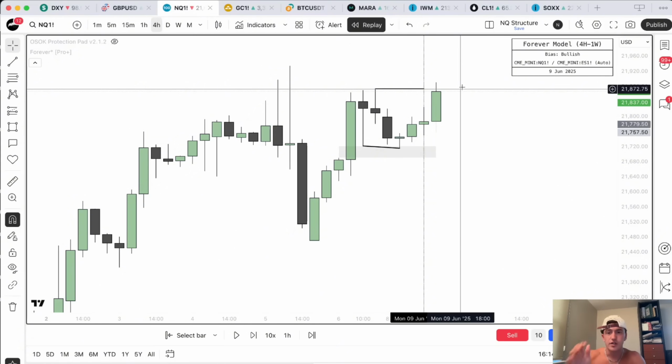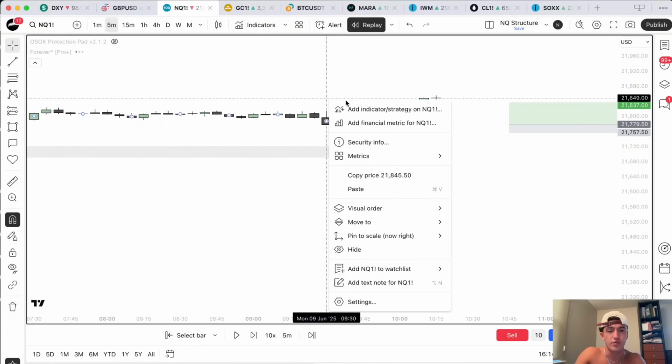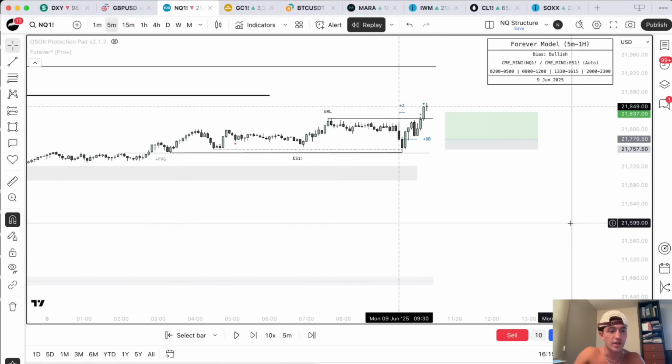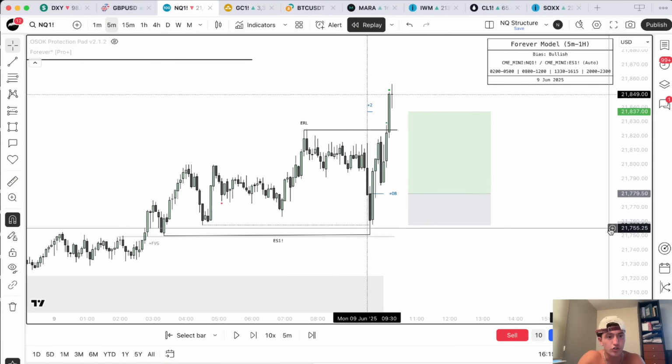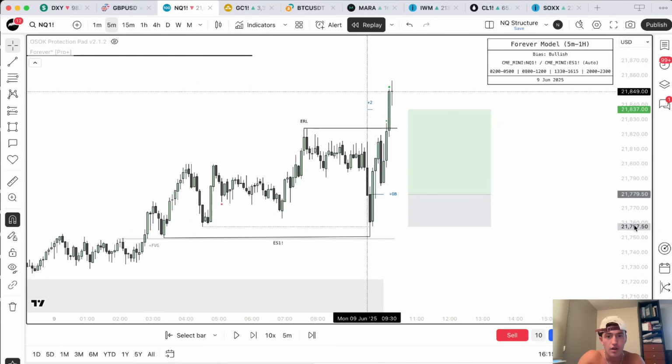Now, I hope this was easy for you guys to understand. I hope you guys learned something from this. And I also want you guys to know that there is going to be a major update on the indicator that is coming out soon. I hope you guys stay tuned for that. I'll give updates as well. But it printed, and every single week, every single day, the model is replicated.